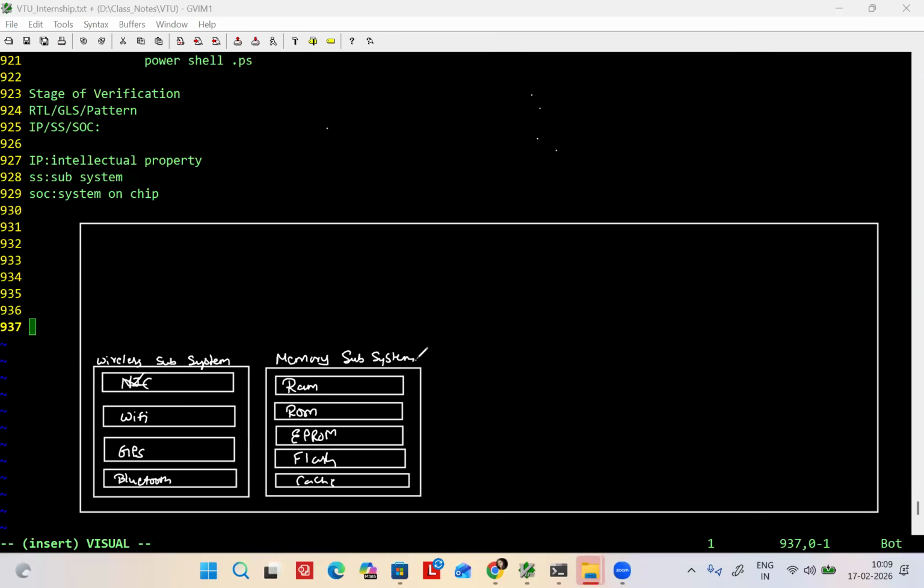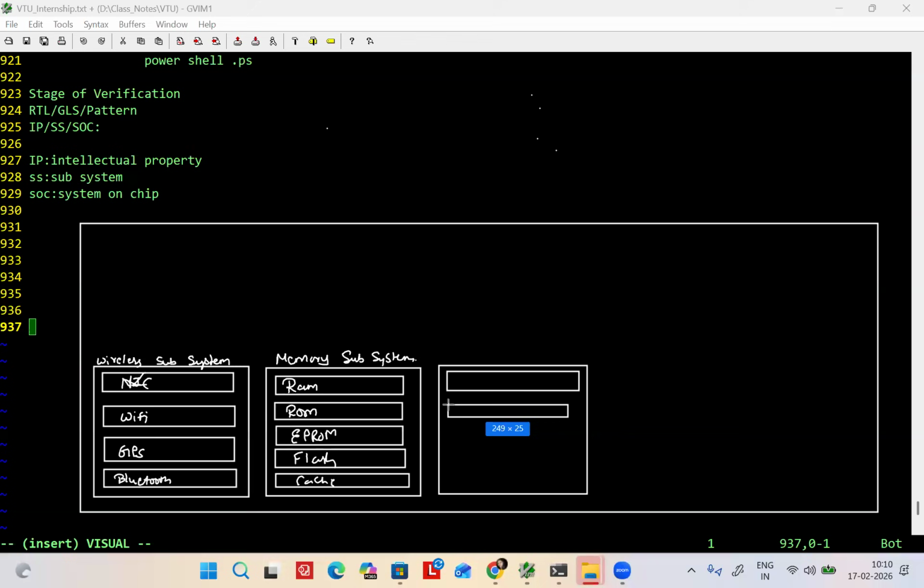Leave it. Can you tell me some IO devices? USB, keyboard, mouse, printer, stylus. This pen is called stylus, right? What shall I write? IO device, IO subsystem.